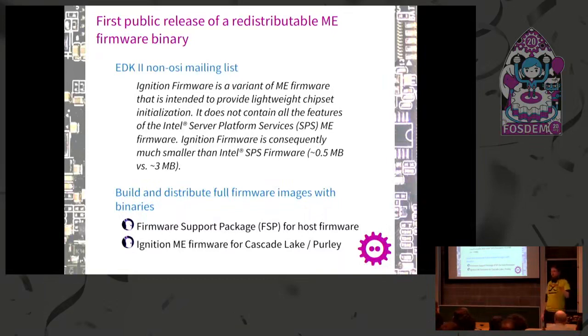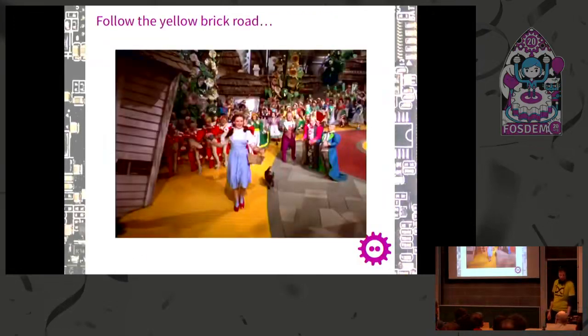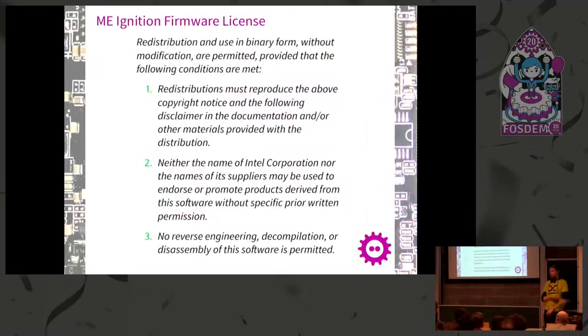So if we now take this and the FSP, the Firmware Support Package, which we also heard about, then we could actually bake a full image to have firmware for a laptop, without all the reverse engineering, which we might not be allowed to do, but still with all the glue code around it, and have some other critical parts actually open source. So let's follow along. Here's the license for it. It explicitly disallows decompilation, disassembly, everything which would give us really a direct clue.